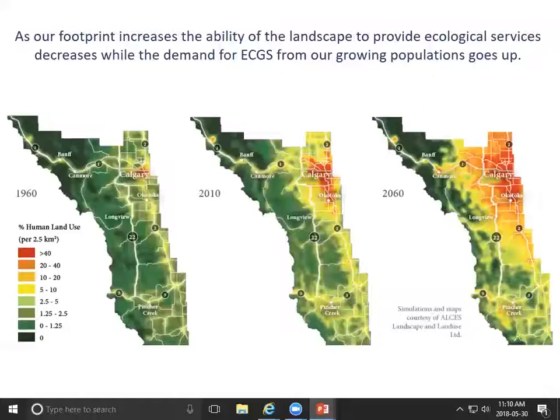And you can see from 1960 to 2010, and this is just the Southern Eastern Slopes, that area of Calgary, Highway 1, Cochrane, Canmore, and then all the way down Highway 2, there's been this expansion of human footprint. And if you take that same growth rate and assume it out into the future, you see